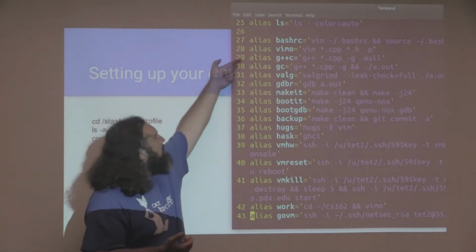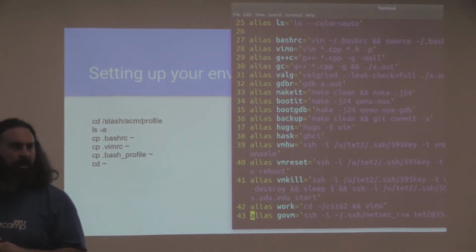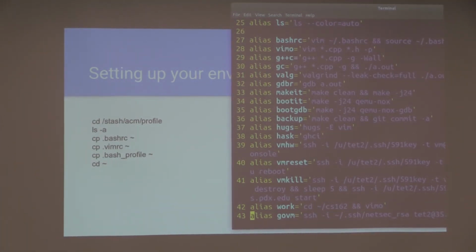Another one is, if you're in one of the Carla classes, this vim -p comes in real handy. Is anybody familiar with that flag that I have, that -p? Who uses vim? The tabs. It is tabs.